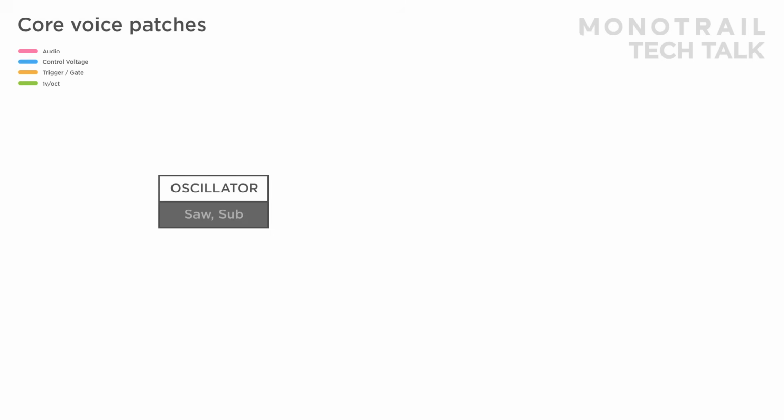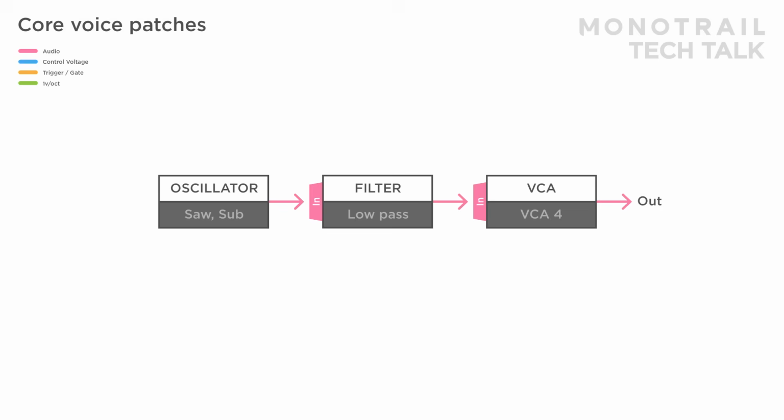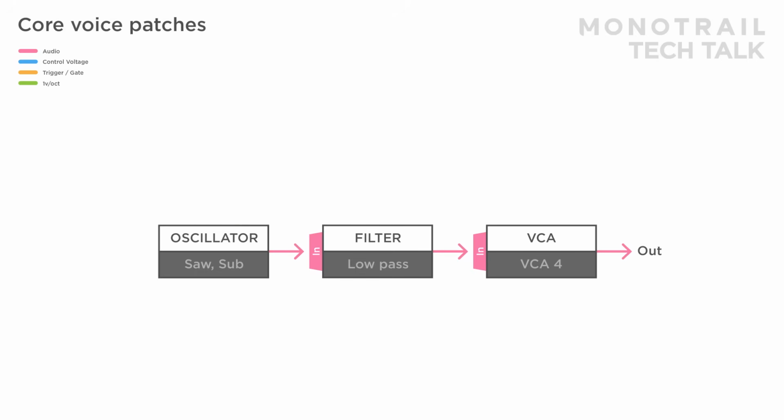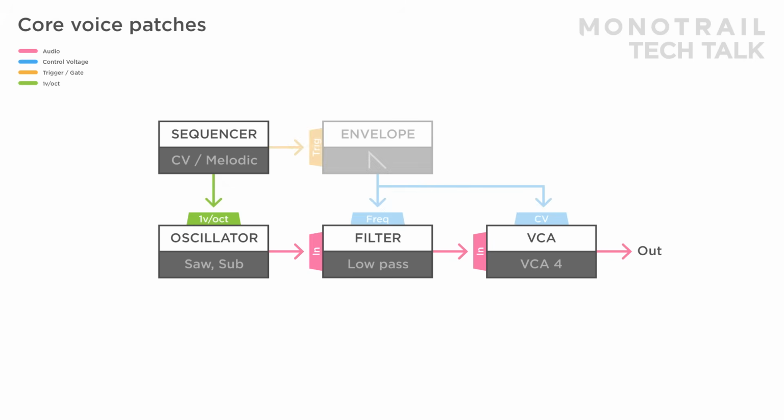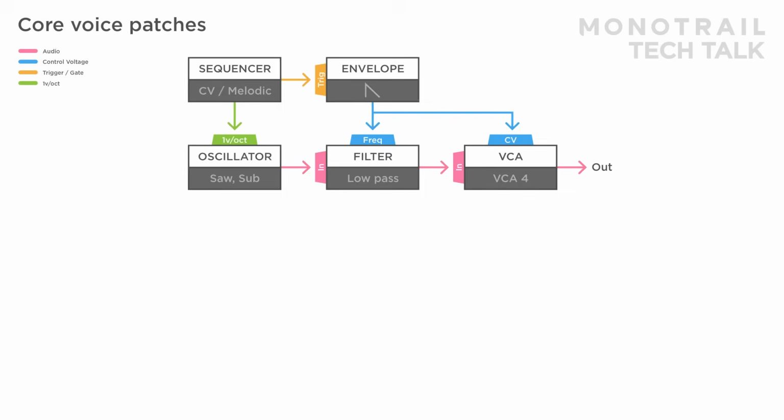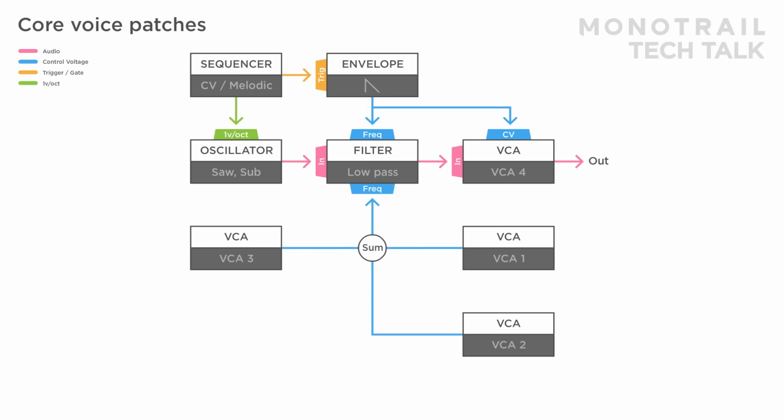Here's a classic single oscillator filter VCA voice. A saw wave is used for this patch, tuned by a sequencer, also triggering a single envelope. That envelope is used to modulate both the filter and VCA at the same time. The sum output of the 3 other VCAs from the quad VCA is used to modulate the filter, creating complex